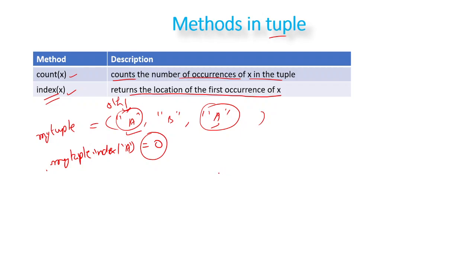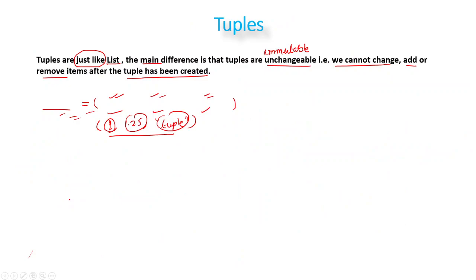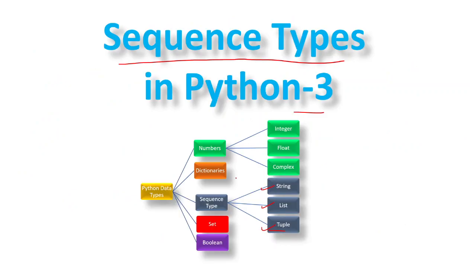And this ends our sequence types. Inside this sequence type, as we have seen, we have a list, we have string, and we have tuple. So we have covered all of this. Let me quickly go through the boolean type as well. Let me go back to the slide. See here, boolean. What this boolean is, it's like true or false. That's it. This is the boolean type.